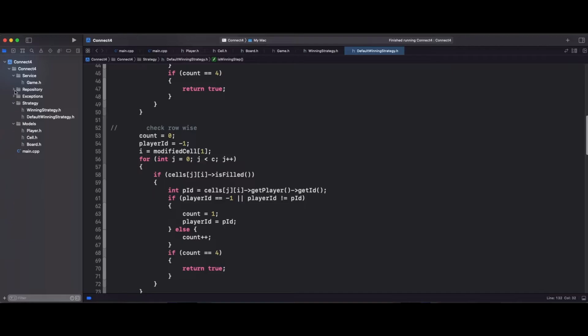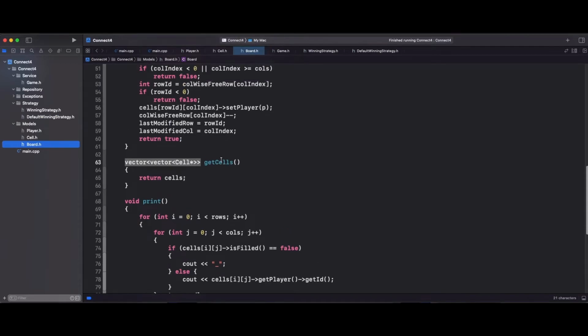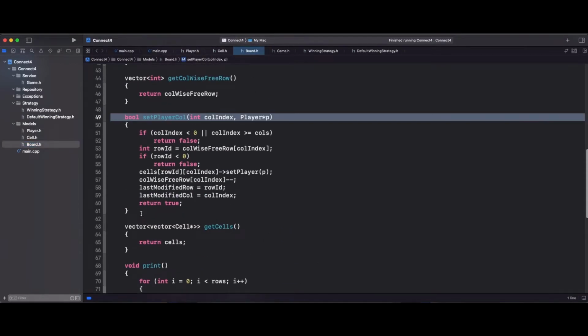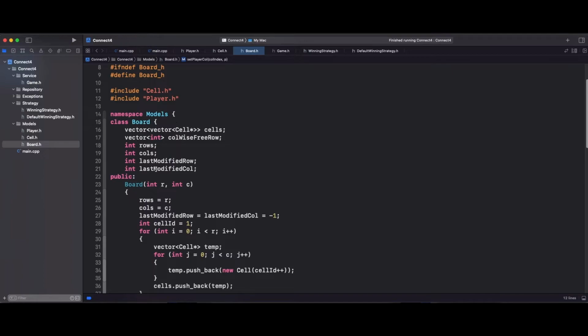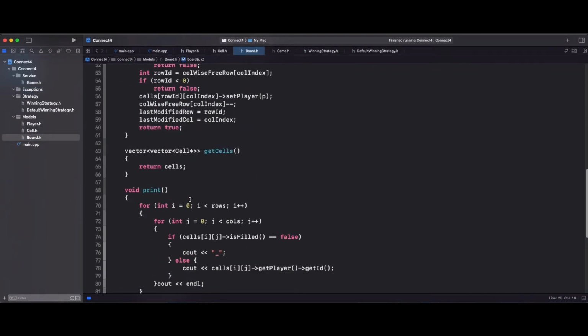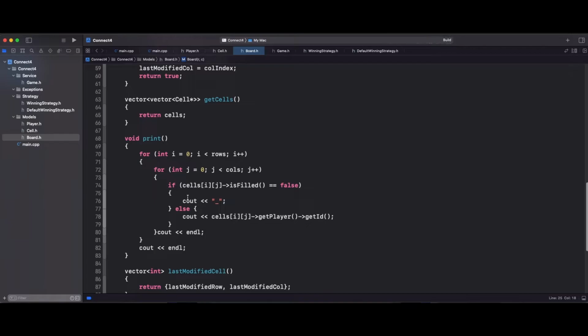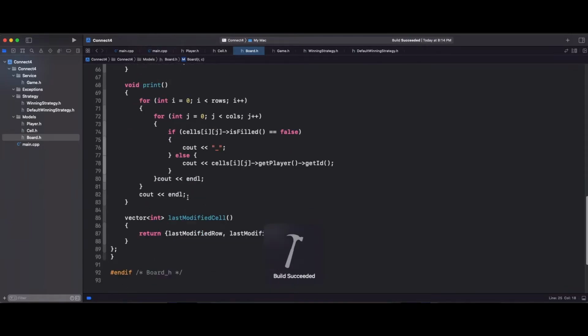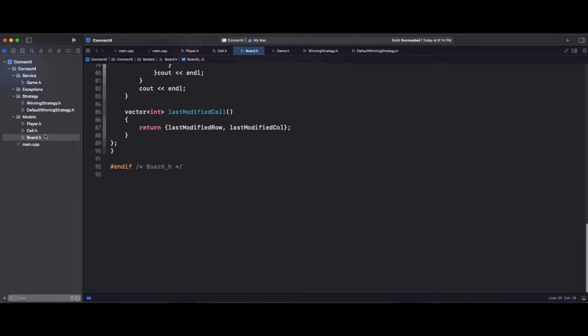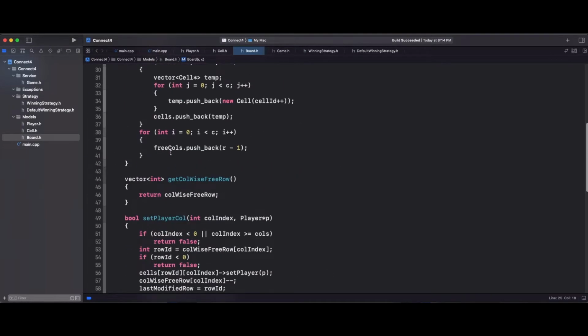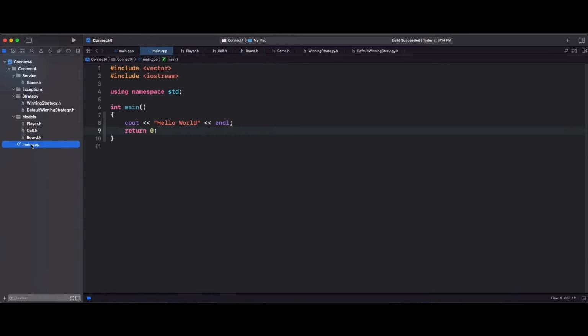So if you see, board is there, right? Inside board, we are already setting the player and also using an in-memory board already. So there is no need of a repository in this case. Then exceptions. For now, we need to have a minimum demoable project, so I'll leave the exceptions for now. And yeah, let me try to